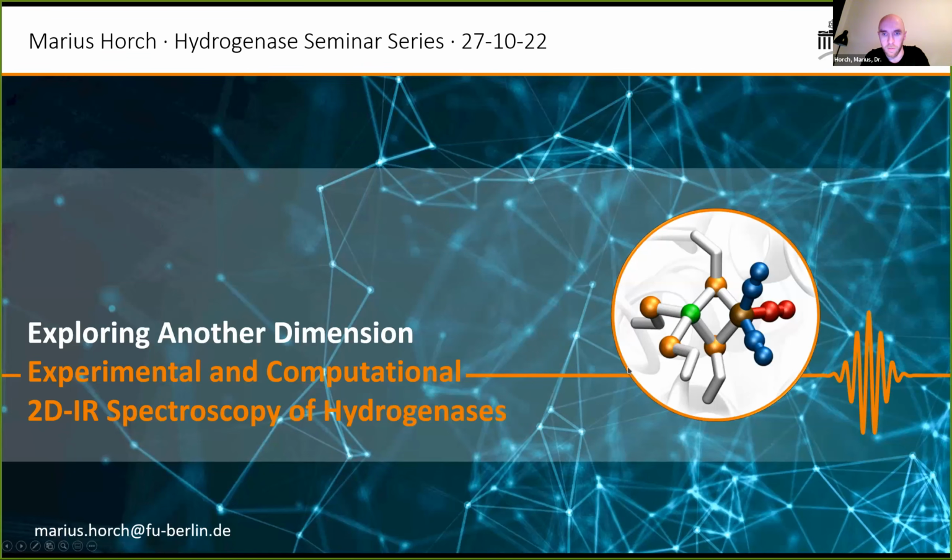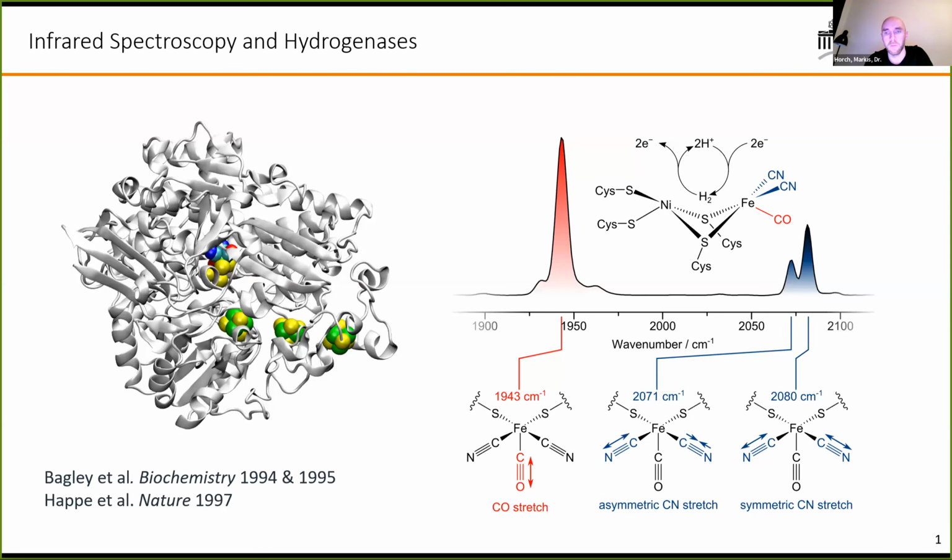I will basically talk a bit about advanced infrared spectroscopy techniques and how we can use them to study hydrogenases. For starters, I think we are all aware that when we're doing infrared spectroscopy on hydrogenases, we typically focus on the stretching vibration of the diatomic ligands at the catalytic metal side, as shown here exemplarily for nickel iron hydrogenases. And the reason for this is basically that these vibrations are very sensitive markers for the structural and electronic properties